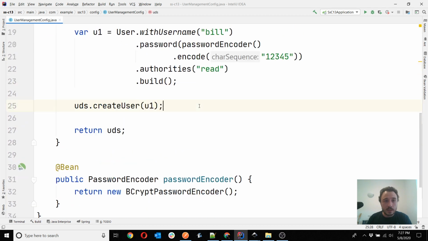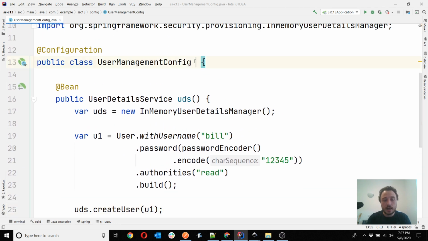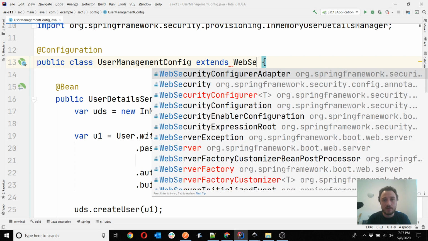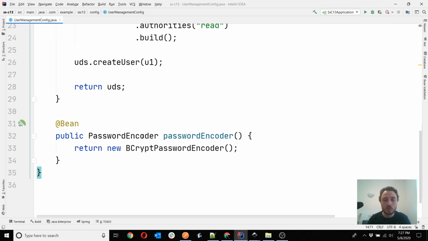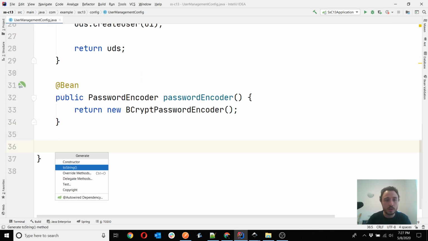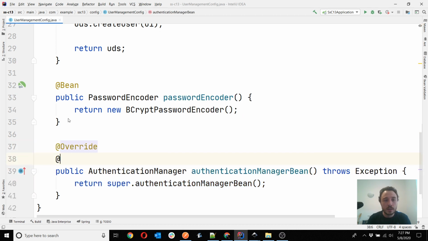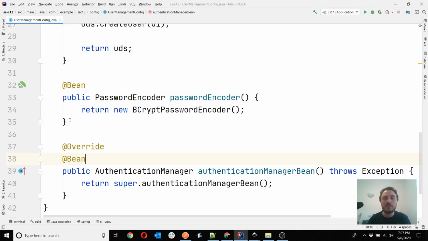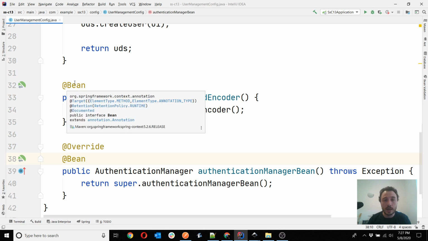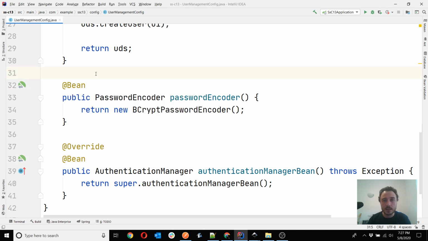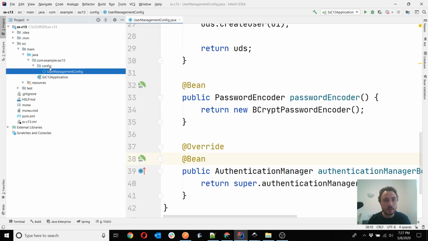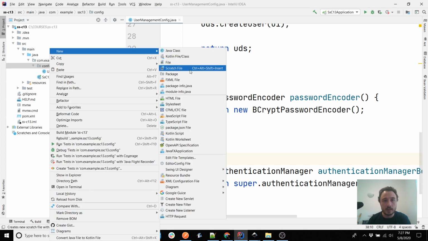So that's it. And of course, then we have to extend WebSecurityConfigurerAdapter to expose the authentication manager. Do you remember that we have to expose the authentication manager bean in the context so that we can configure it in the authorization server configuration the way I have shown you, I think, in the past couple of lessons. So you see I do expose here as a bean the authentication manager, and now I'm going to create the second